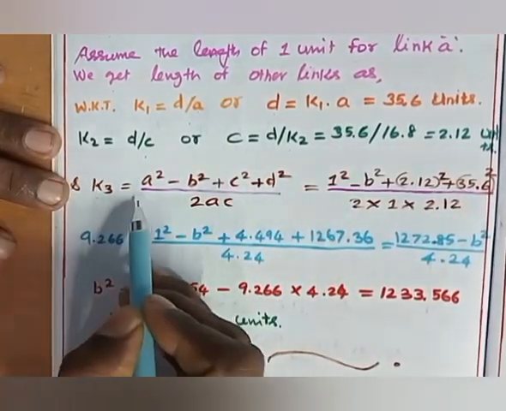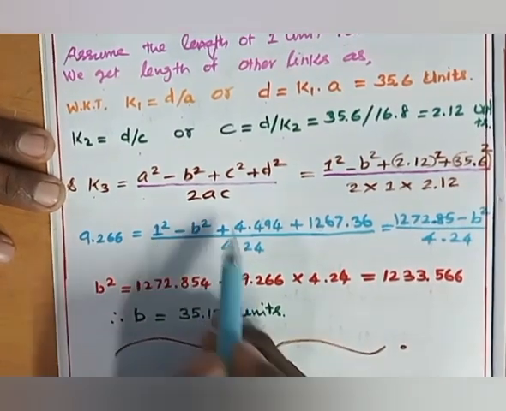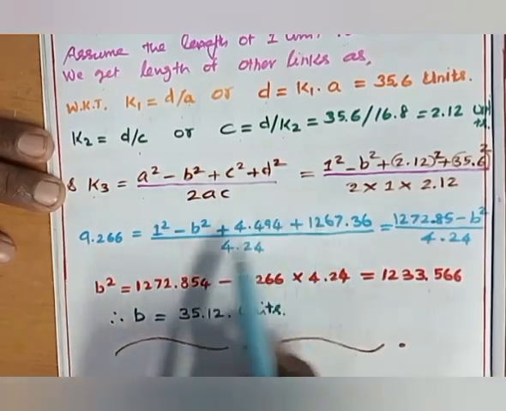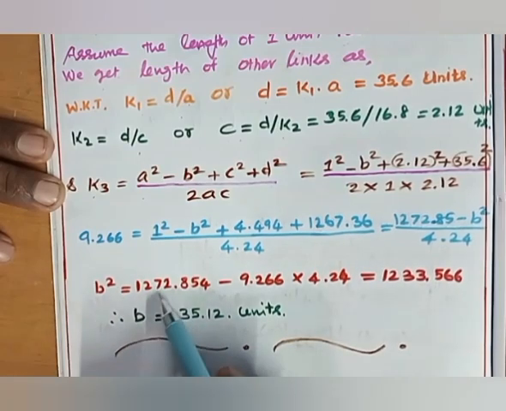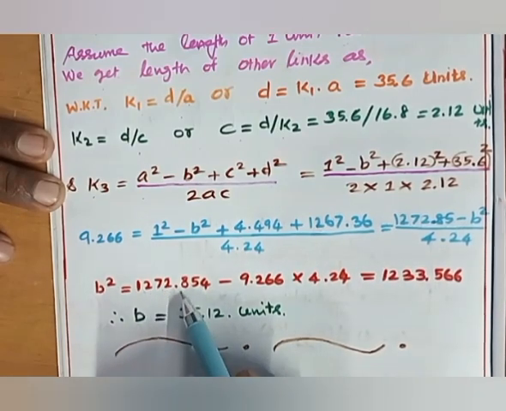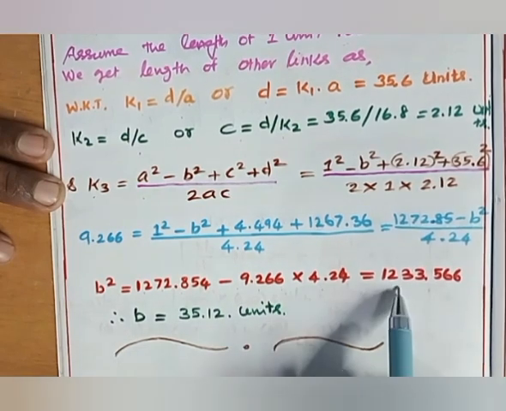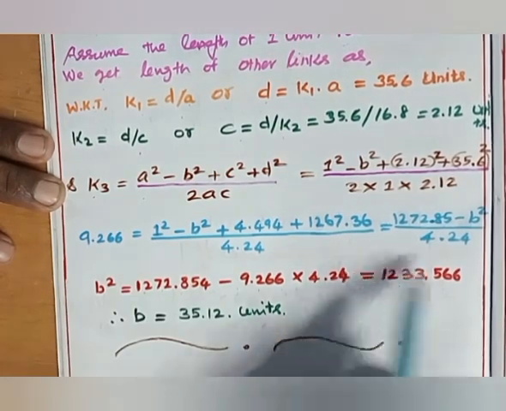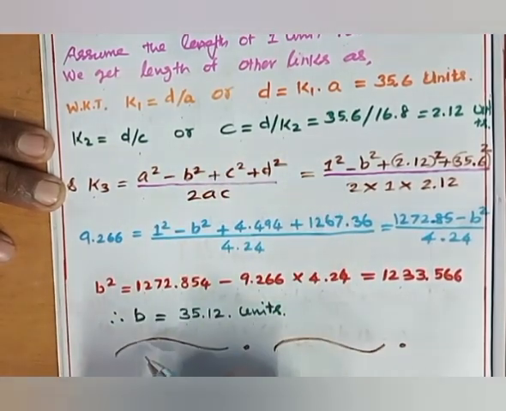Like this, k3 equal to a square minus b square plus c square plus d square divided by 2ac. Just we apply this, and corresponding values for a, b, c, we obtain the value of b square equal to 1272.854 minus 9.266 into 4.24, that is the value of 1233.56. So taking the root of this one, we obtain 35.12 units. So finally our result is corresponding a, b, c link lengths, we write down